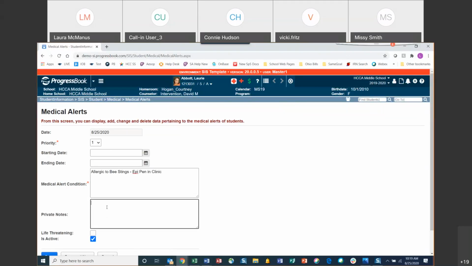And then you can have private notes down here, notes that only people with medical access in student information can see. And make it life-threatening or not life-threatening. So that, to me, allergic to these things, using an EpiPen